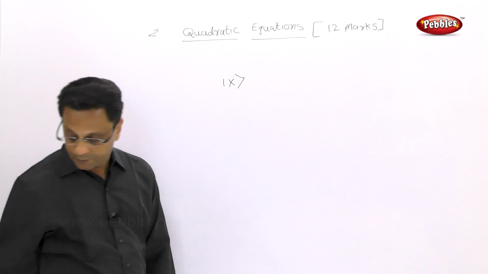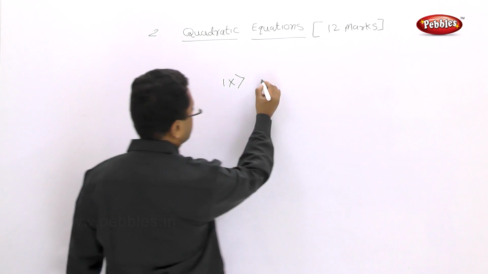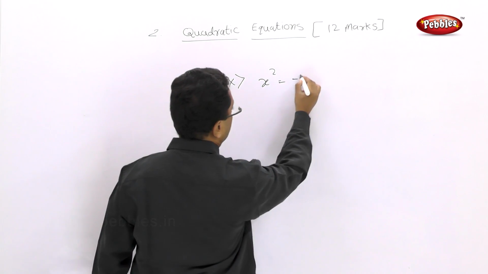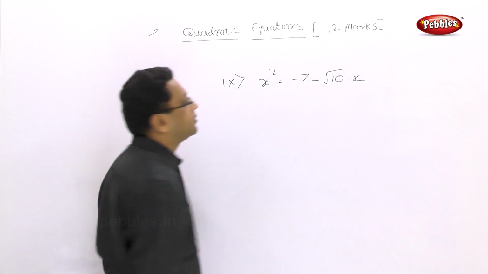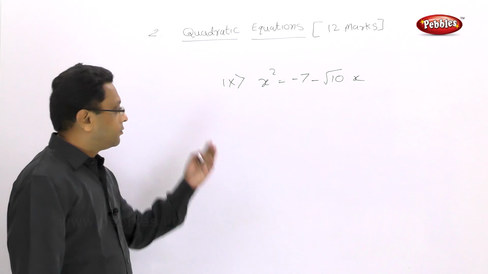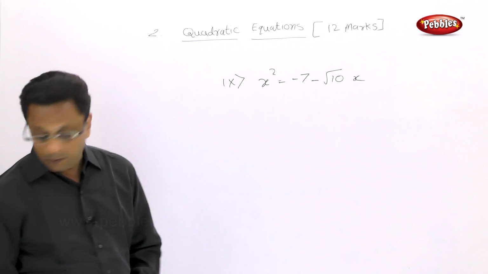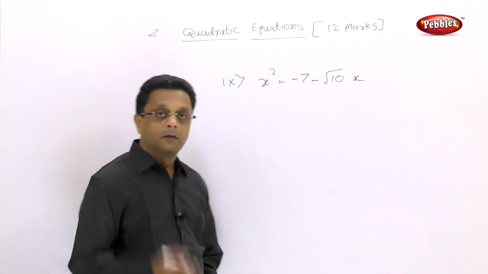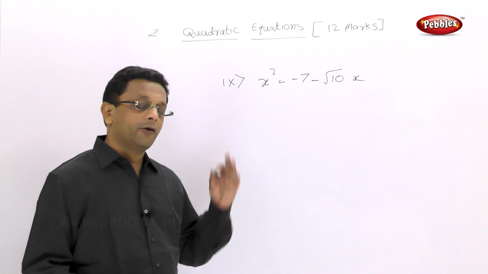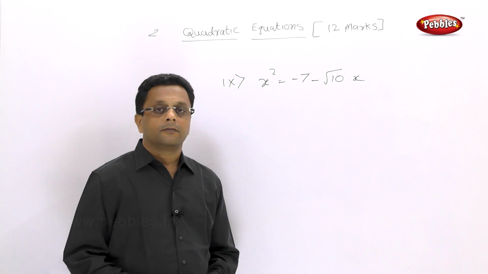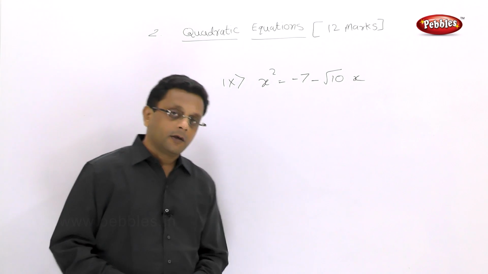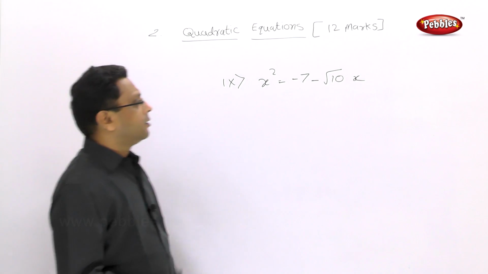Ninth is x square equal to minus 7 minus root 10 x. Very simple. How will you do this? Pause your video and try to do it. Okay, let us see this. Now again,